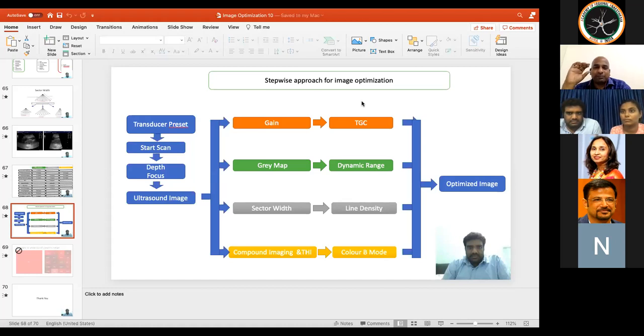Then the depth and the gain. These are all the 4 buttons that you work with. One is you choose your probe, select an optimal preset. Once you get an image, ensure that your target of interest is in the center of the screen and then adjust the gain so that the brightness is optimal. So if you just do these 4 things, another 10 to 15% of optimization is done. So 95% of your optimization work is over with this.